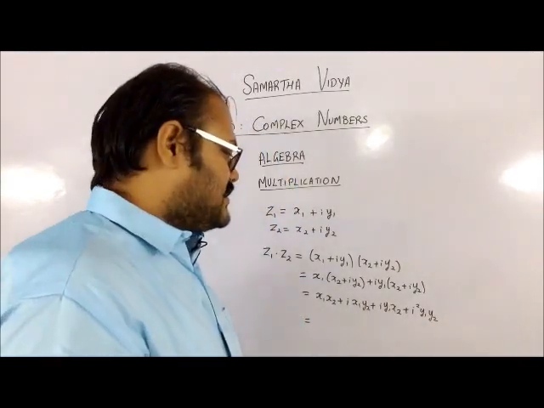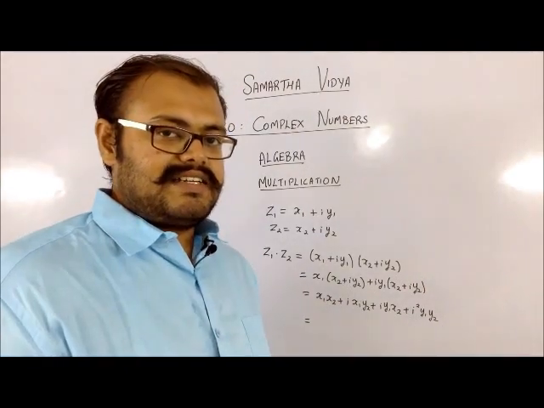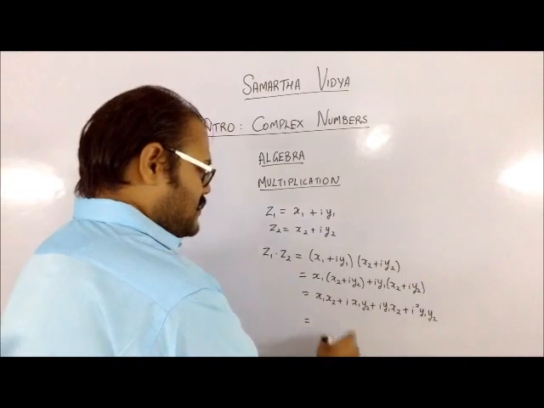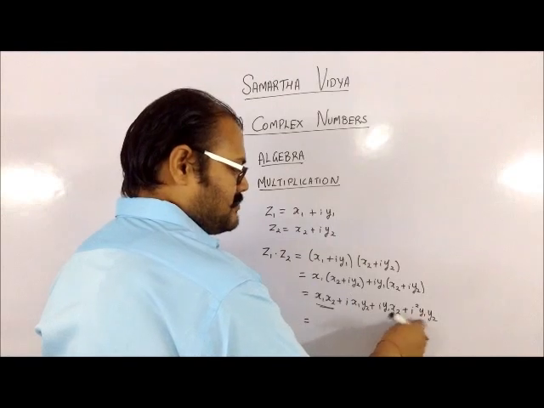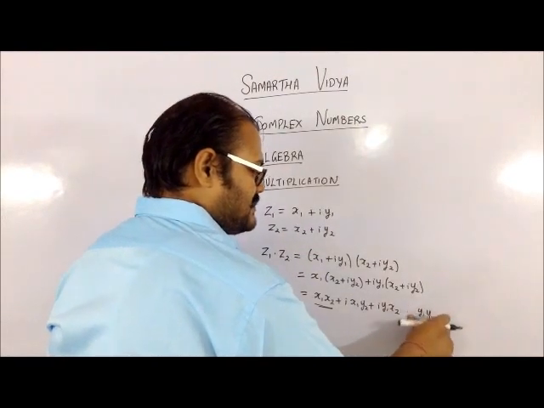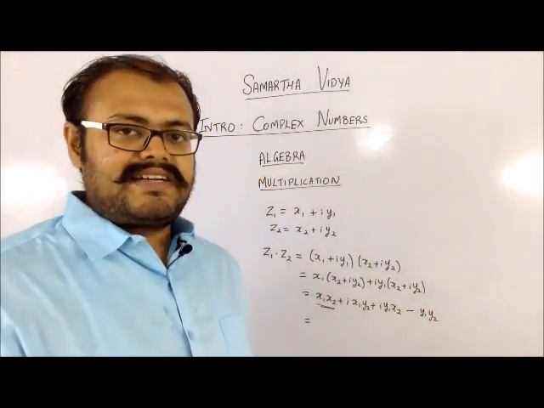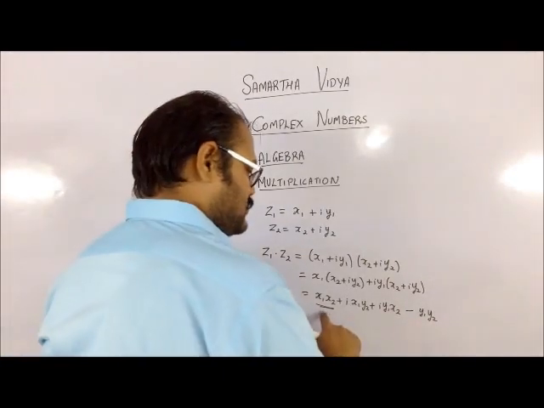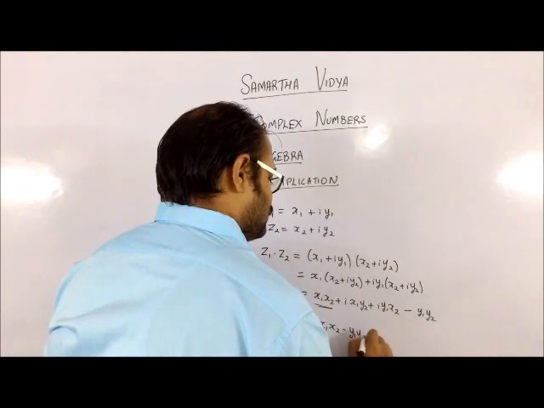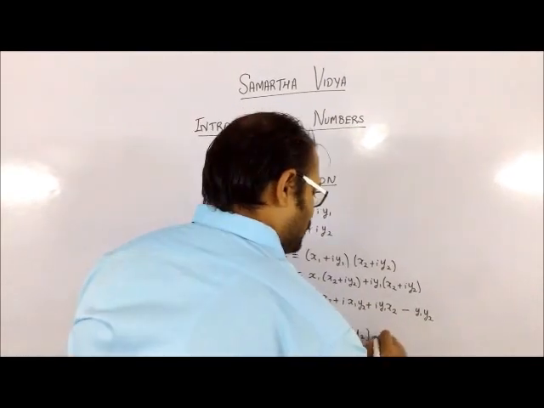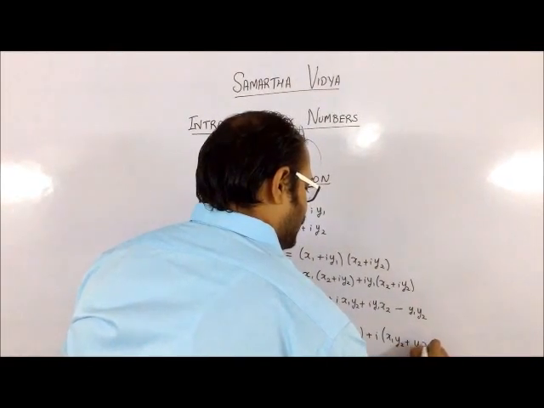As I said, whenever you are finding the end result of a complex number, you have to take the real parts together and the imaginary parts together. Over here you might say that there is no real part because everywhere there is an i term present, but you have to remember that i square has the value minus 1. So when I am multiplying two imaginary parts, that becomes a real part in a sense. So my real part is x1 x2 minus y1 y2. To take the imaginary part, it is x1 y2 plus y1 x2.